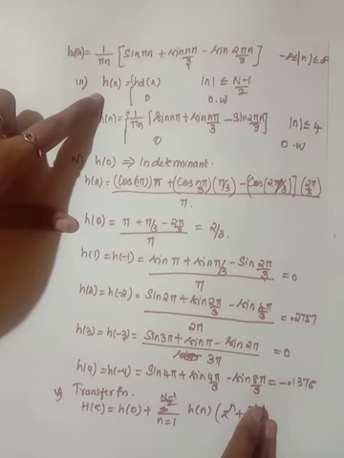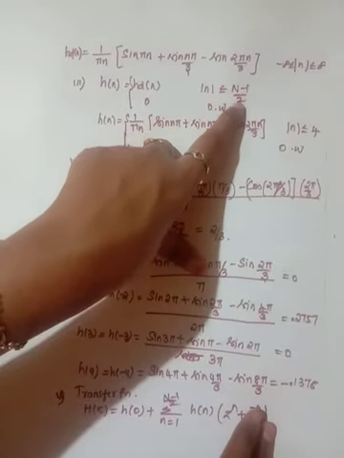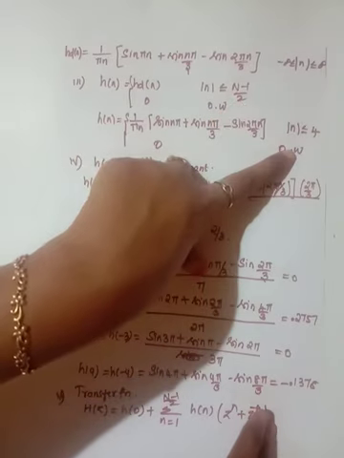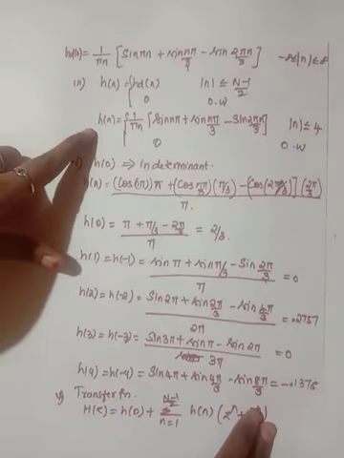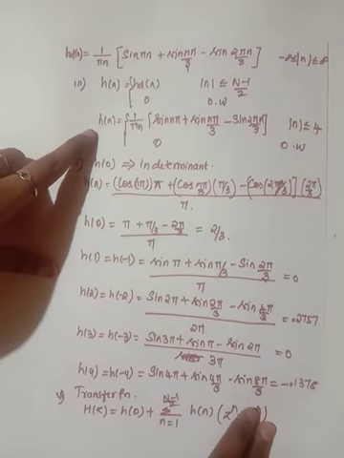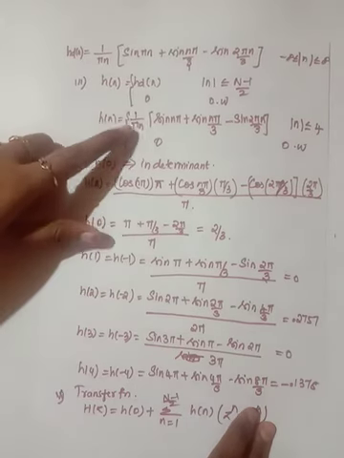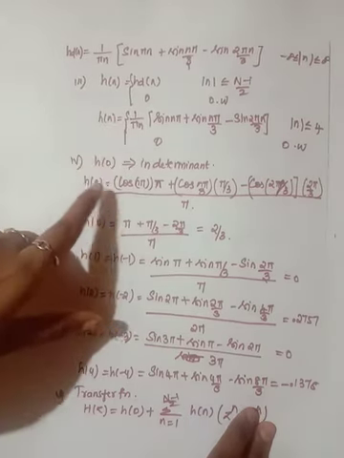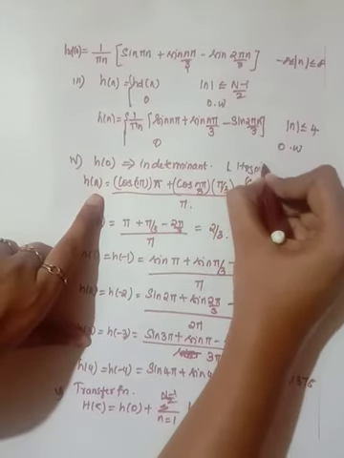The next step is you need to truncate to mod n less than or equal to n minus 1 by 2. Here n is equal to 9, so I am getting mod n less than or equal to 4. Then we need to find the different values of n, that is 0 to 4. First I have substituted 0, and I am getting an indeterminate form, so I am going to apply L'Hospital rule here.